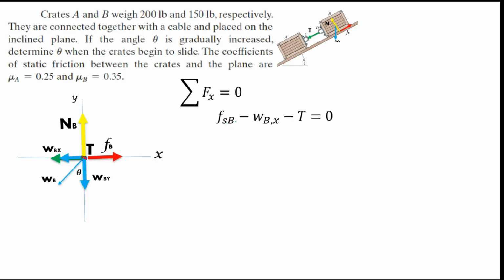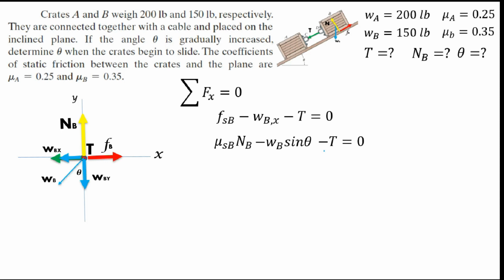So again, we will get the equivalent of static friction and the equivalent of WBX. So that will be the coefficient of static friction of crate B times the normal force minus WB sine theta, because WBX is opposite of theta. Then minus tension is equal to 0. And if we look again at the given,